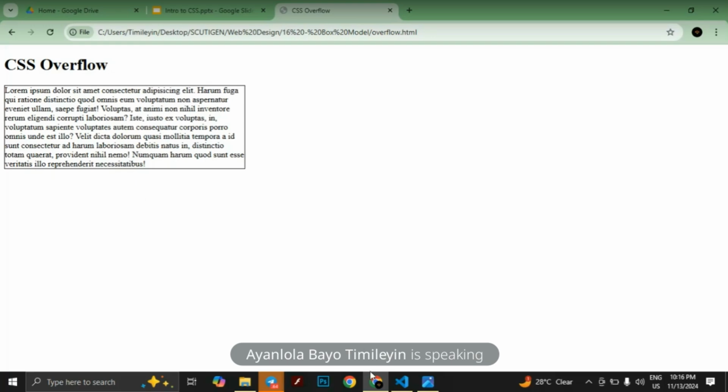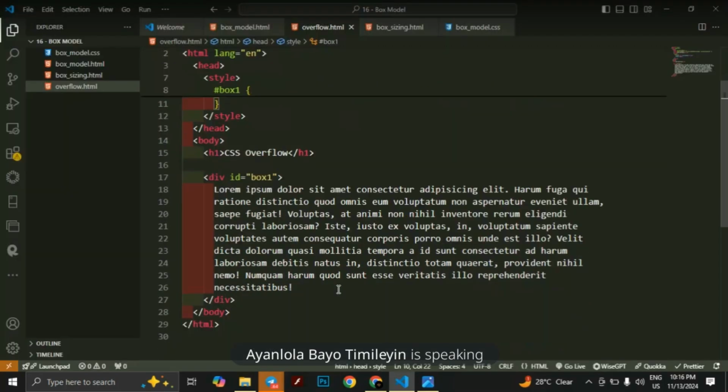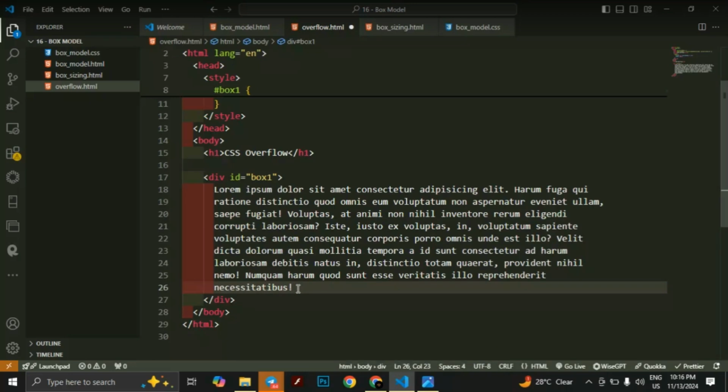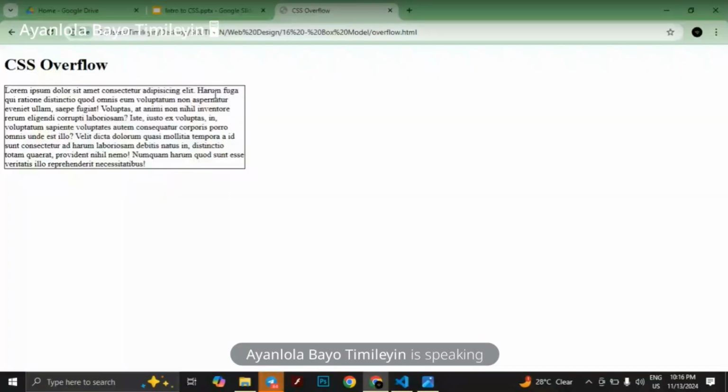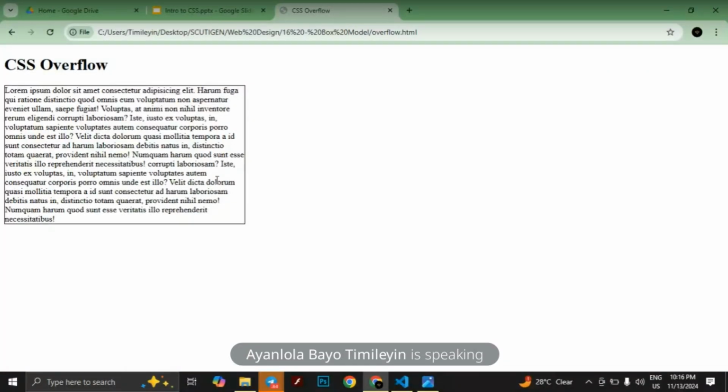So let's try it. I'm going to add more content. Say, for instance, I copy these few lines and dump them right here. Great. So I've increased the content, and then back to the browser and refresh. So you see, overflow has not occurred at this point, and that's because we have not set a fixed height. So this box right now is still responsive, but the moment I set a fixed height that is not as tall as the height of the content,